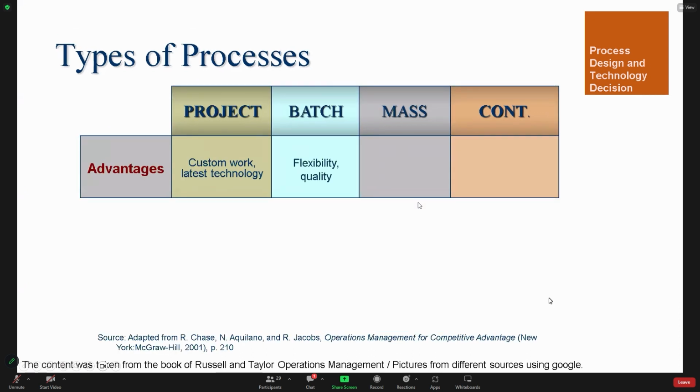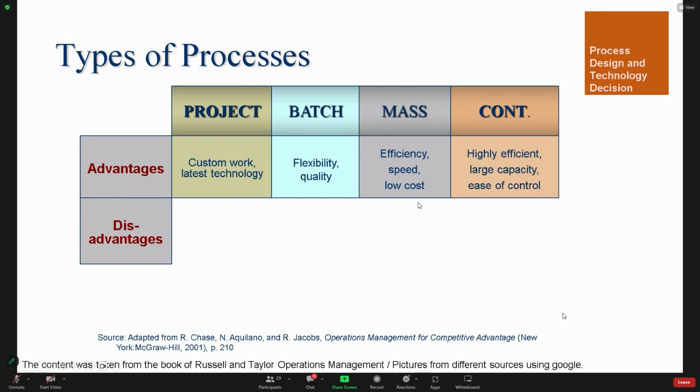Advantages for projects, custom work, latest technology, flexibility and quality for batch, for mass market efficiency, speed and low cost, continuous, highly efficient, large capacity, and ease of control. For disadvantages ng projects,